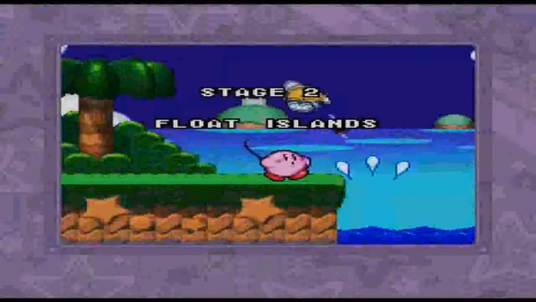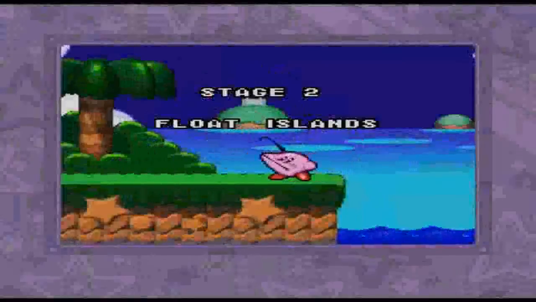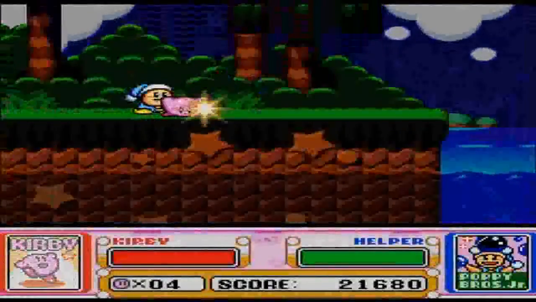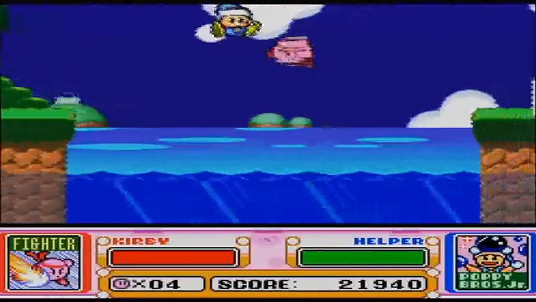And now we move on to the second stage, Float Islands. And Kirby, I swear, you're not doing a pretty good job being a fisher. Let's just get rid of this, and get ourselves something better. This is my favorite ability. Fighter Kirby. Fighter Kirby gets you access to a...